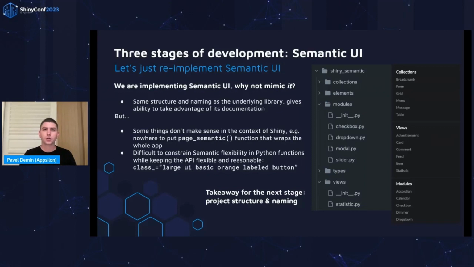And this approach, when we want to mimic the structure and naming conventions of the original underlying library, has a huge bonus, in my opinion. We kind of leverage the original documentation of the library. So when a PyShiny developer is interested in how the module.dropdown function works, they immediately understand that they can navigate to the corresponding section on the Semantic UI page and see examples, tutorials, use cases, everything. And that's a good thing. However,